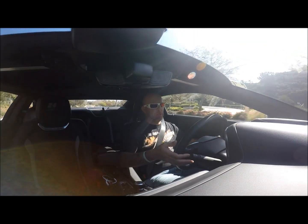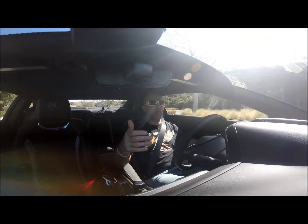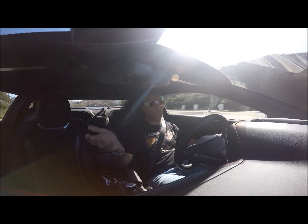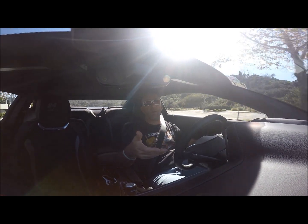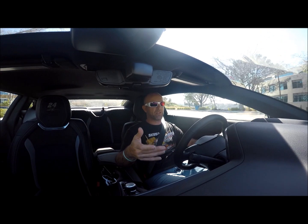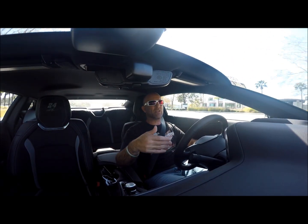If you've noticed, I'm clicking on the paddles here to upshift and downshift as I go through the gears. If you wanted to just put it in drive and let it go, you can click the stick shift over and leave it alone and it drives. Eventually you get up into the upper gears when you're cruising down the road. I've actually had it in 10th gear going down the freeway and it seems to enjoy that right around 70-ish miles an hour. If you're around 65, which is the posted speed limit here in Southern California on the freeways, it doesn't really like that gear, so it's better off in like